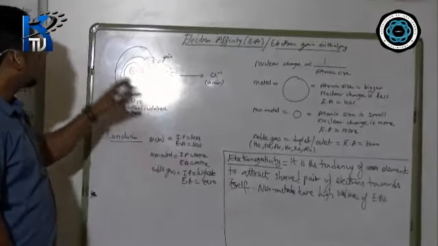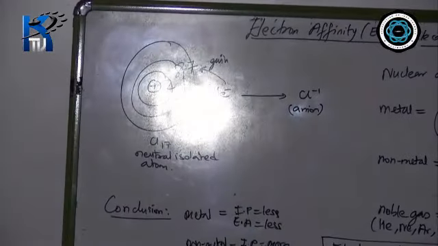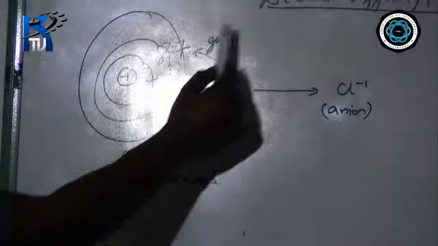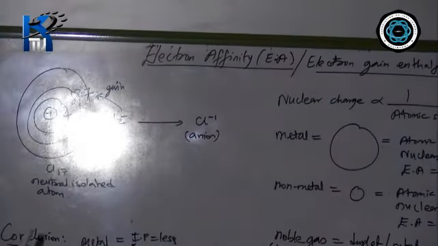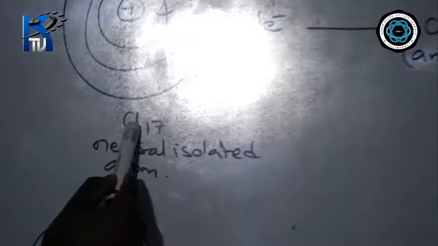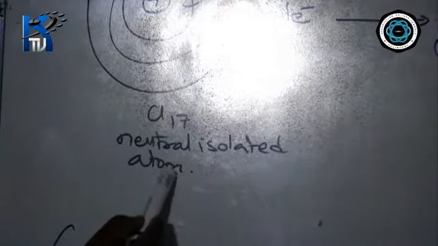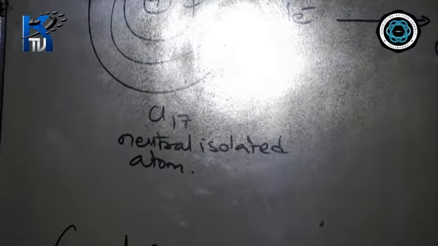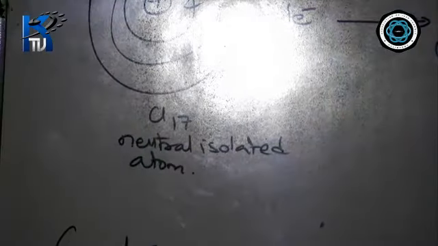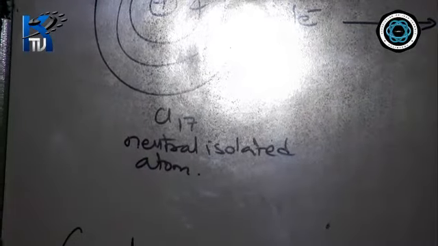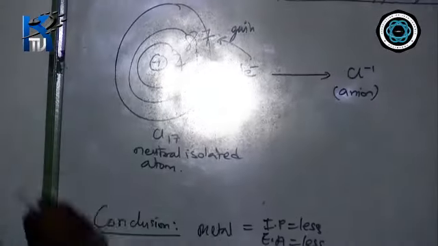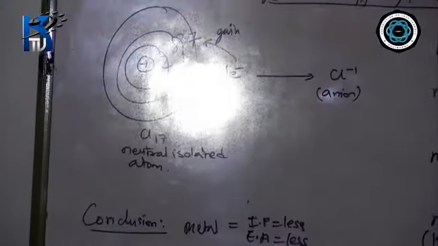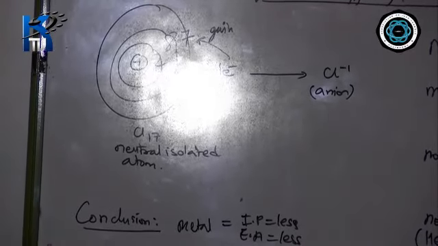Now I'm coming back to the main part, and I'll explain in detail. To explain electron affinity, I have taken the help of chlorine. It is single, no charge, so it's neutral, a single isolated atom. So chlorine is a neutral isolated atom here as one of my examples, whose atomic number is 17. If I make a rough atomic structure of it, the configuration of 17 will be 2, 8, 7. So chlorine has 7 electrons in the outermost shell, meaning it is non-metal. Therefore, it will gain 1 electron to become octet.